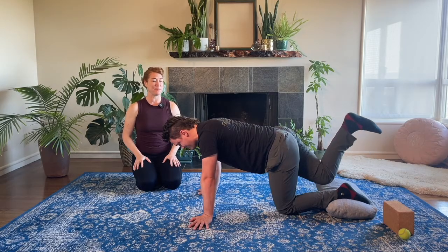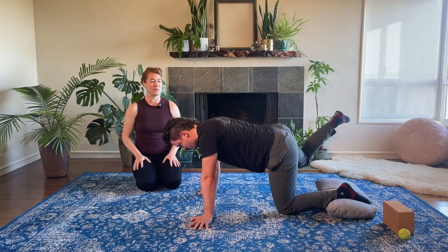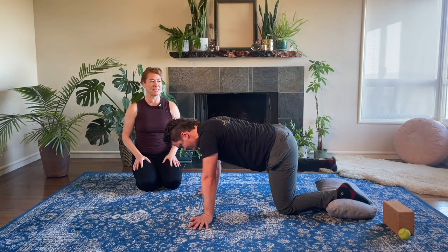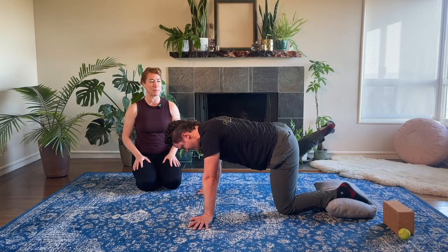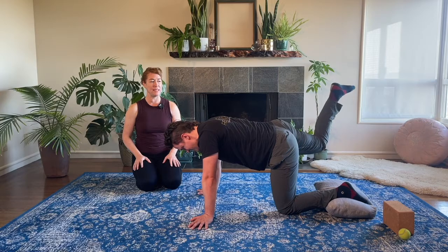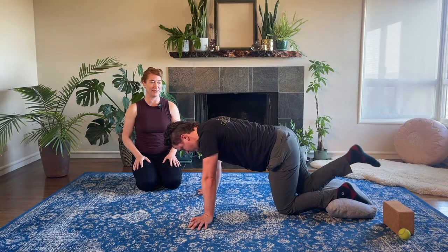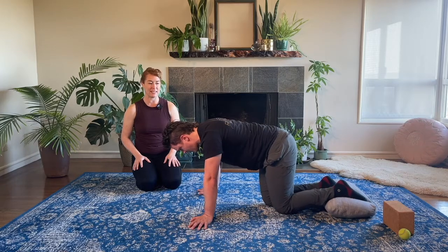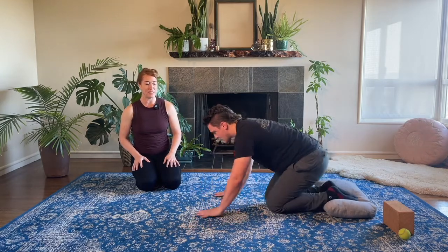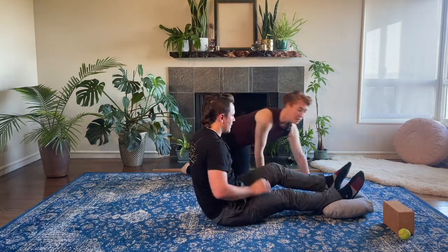Last one, up, out to the side, rotate, hold, unrotate back up to the ceiling. Pull in towards the midline and pull down. Fantastic. All right, be kind to your feet and ankles as you transition back onto your butt and grab your